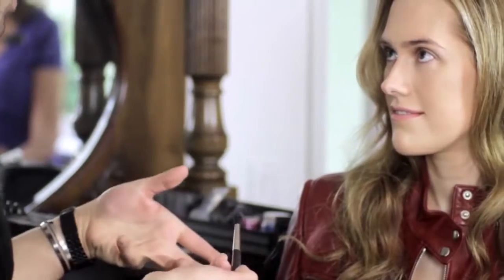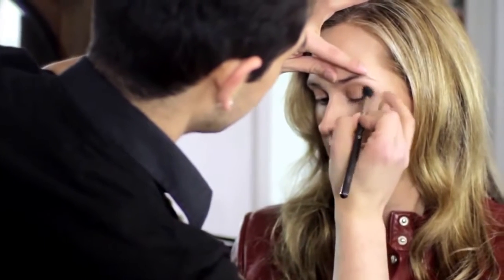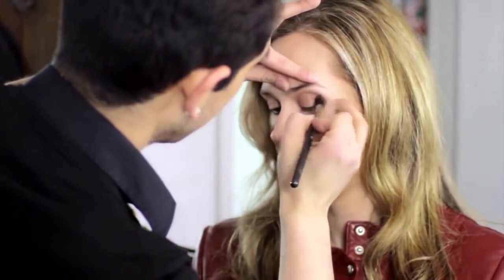And what kind of brush is this? What is it called? So this is the MAC 224 brush. It's a ponytail brush. So the way that it's shaped is really designed to diffuse color, so that your color goes on lighter. With your darker colors, this is a great brush to use because you can always add more color. It's a lot easier to add color than take color away, so it's a lot more user-friendly that way. And especially with a real deep color like this, you want to be careful